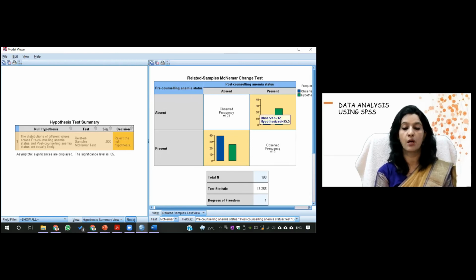If you see this discordant pair, this is box B, where pre-counseling anemia was absent, but after counseling there was anemia, right? Whereas if you see this box, anemia was present before intervention because this is the row, but after intervention, this is the column, anemia was absent. So I want this box to be more in number.